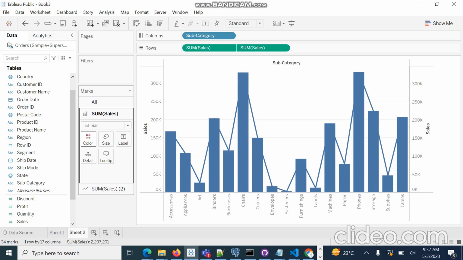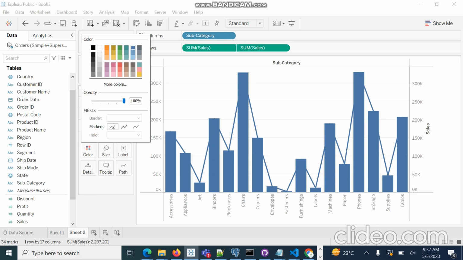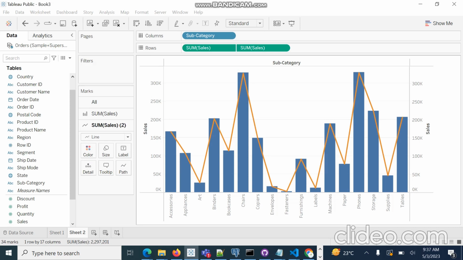We are trying to show the same thing with different graphs. For customization, change the color of the line chart to orange. The line chart is in chart 2, and we can convert this to orange. So its appearance is looking good. The bar chart is showing the sum of each individual category, and the line chart is showing the running total at that particular point of time.